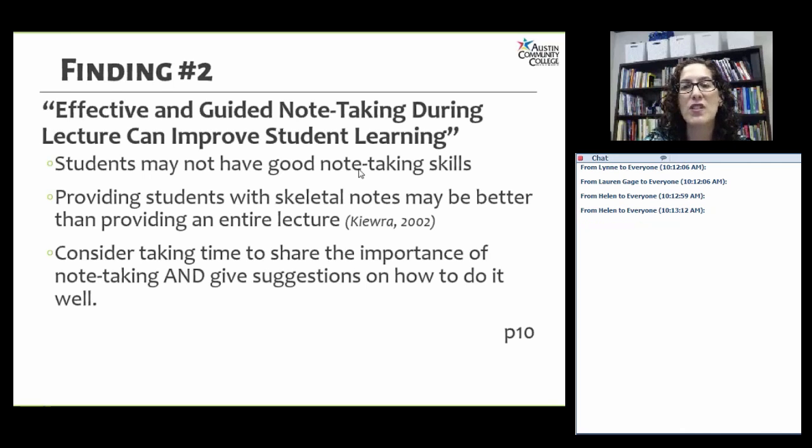And so the research suggests that providing some kind of skeletal note guide is valuable, or at the very least providing some information about how to be a good note taker. So I do this with my students every semester. I show them an example of the way that I take notes. You might want to show them an example of the way you take notes,